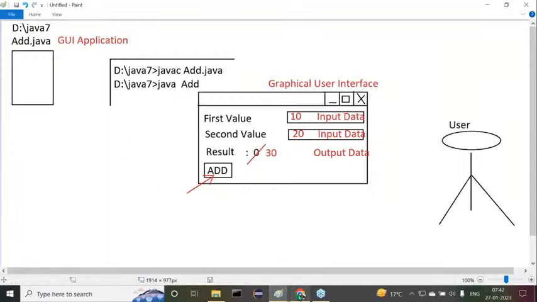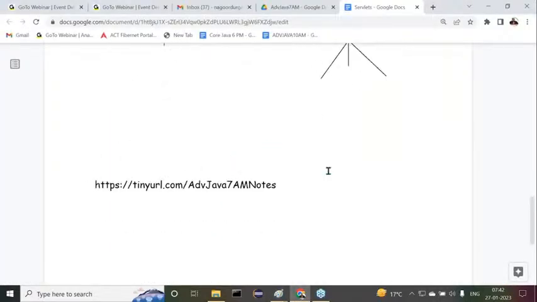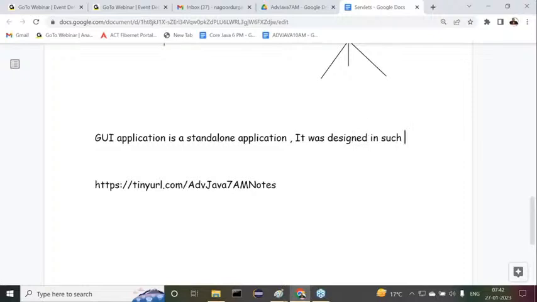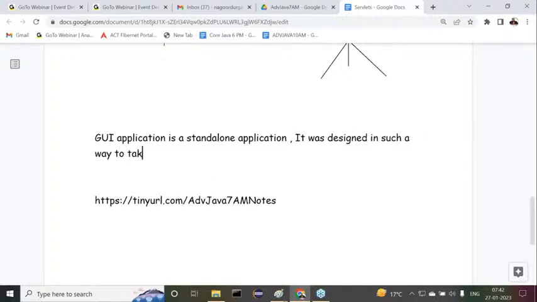Now, let us go for the definition here. What is this GUI application? GUI application is a standalone application. It was designed in such a way to take input data through the collection of graphic components, whatever it may be, a window,